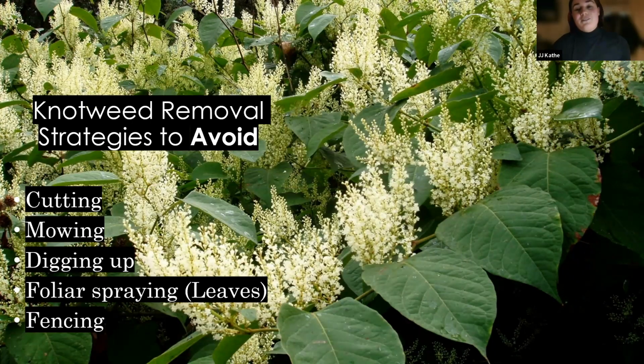But knotweed removal strategies to avoid, as I've mentioned: don't burn yourself out cutting and mowing. Sometimes you can dig it up if it's very small, but you literally have to get every single tiny little piece, because every piece can become a new plant, like I mentioned. Foliar spraying, or spraying pesticides on the leaves, I typically don't think is super effective, because it becomes so large and out of hand that it can sort of become what my old coworkers used to call a herbicide tornado, and that's not really